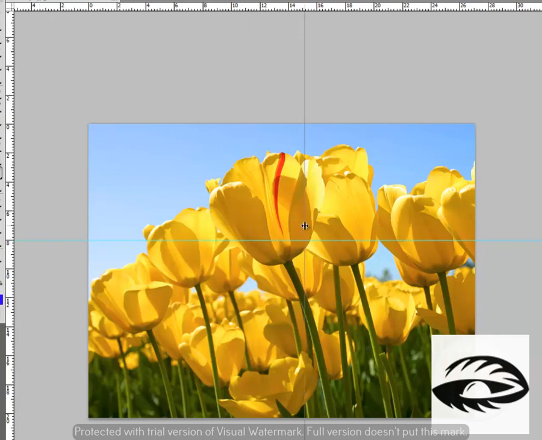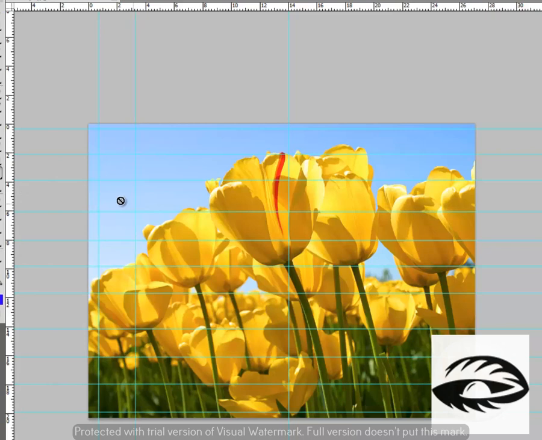You can bring these lines to the values that you want. Like so,